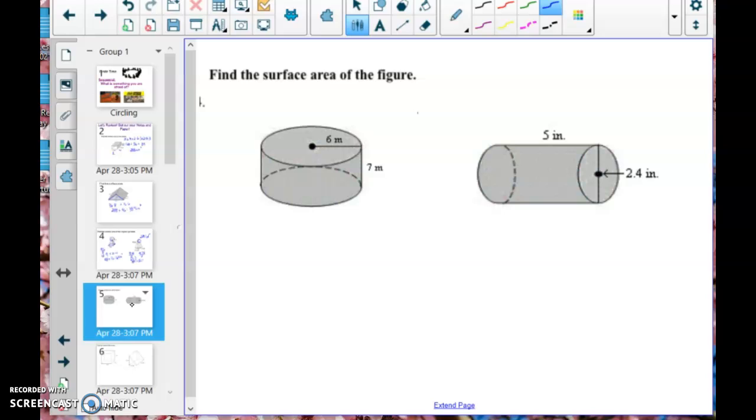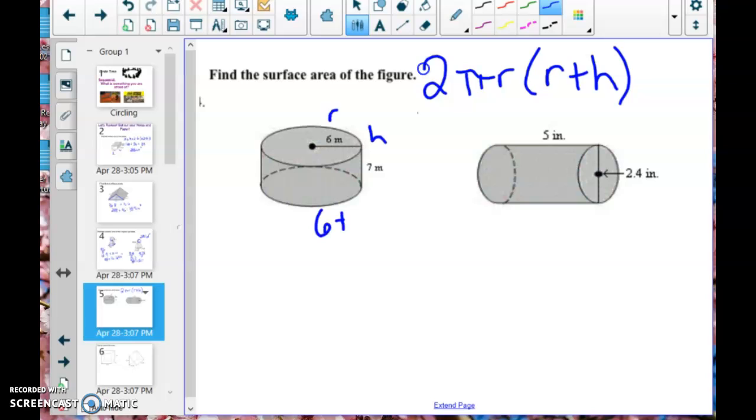All right, surface area of a cylinder. Remember, we have that formula, 2 pi r times r plus h. So first thing I'm going to do is add the radius plus height. So that's going to give me 6 plus 7, which is 13. Then 2 times 3.14 times my radius times that answer. So 2 times 3.14 times 6 times 13, that gives me a total surface area of